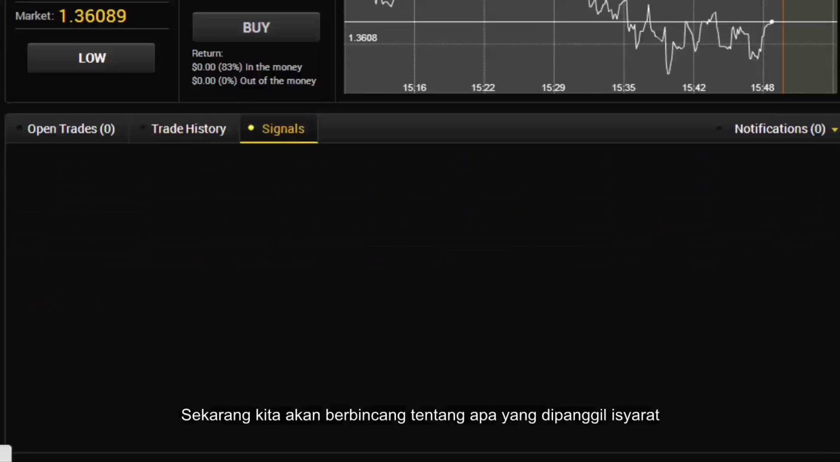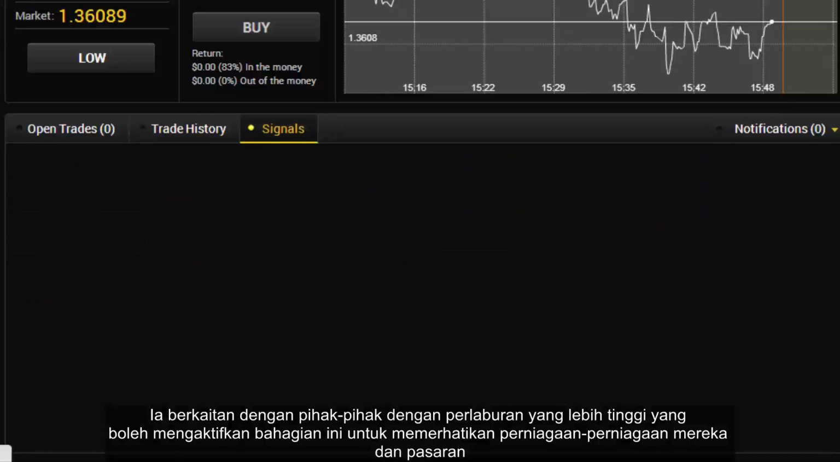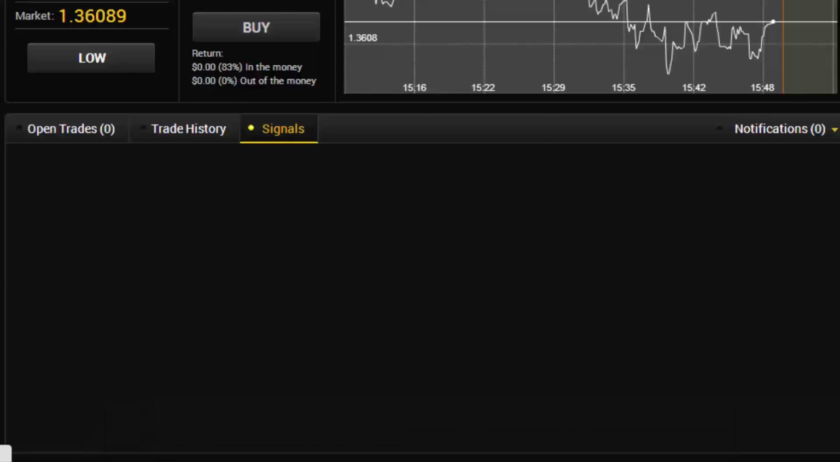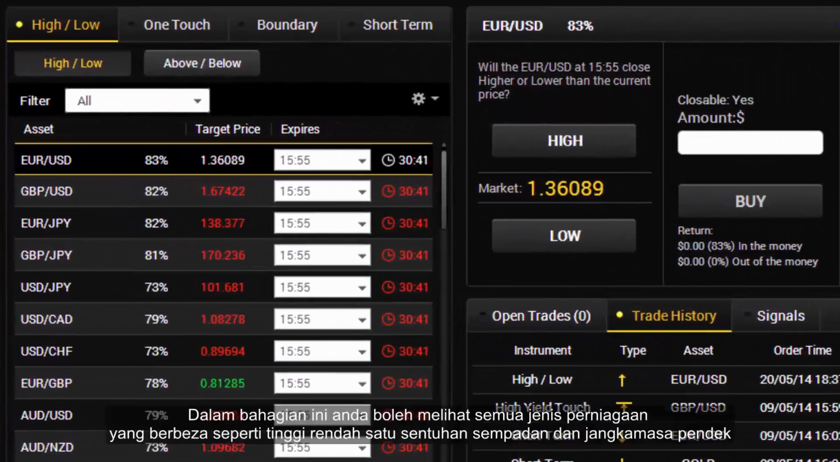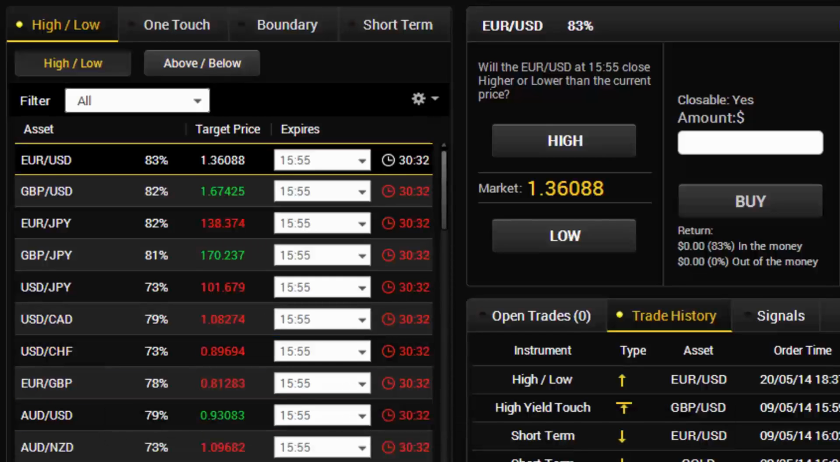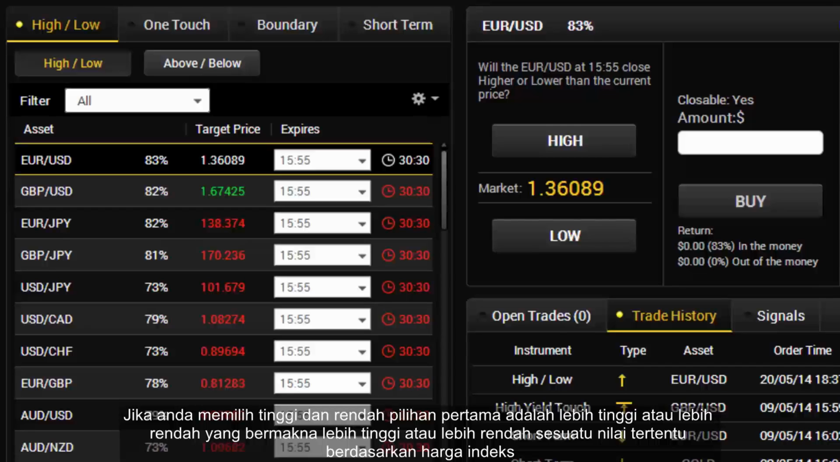Signal. Now, we will talk about what is called a signal. It relates to parties with higher investments, who can activate this section to monitor their trades and the market. In this section, you can see all the different types of trades like high and low, one touch, boundary and short term. If you choose high and low, the first option is higher or lower, which means higher or lower of a specific value